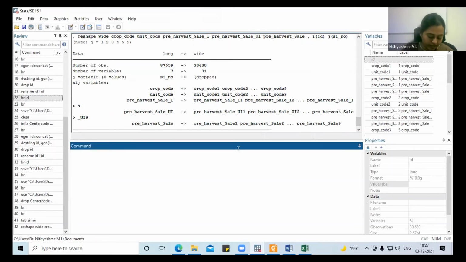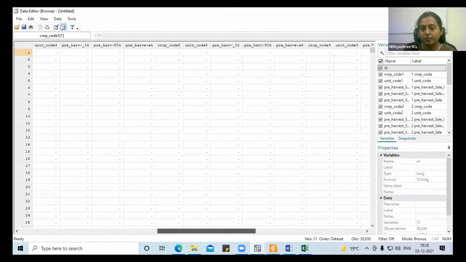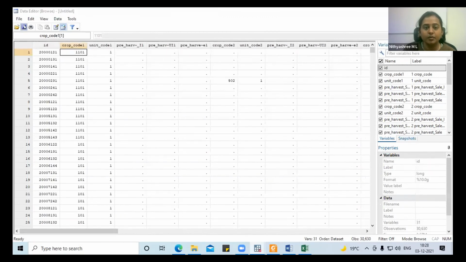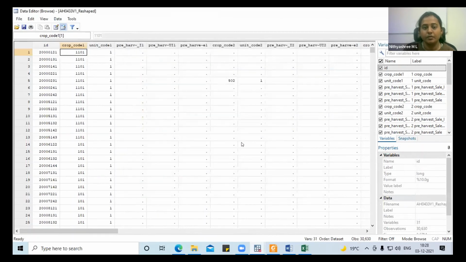Okay, and now your data is looking something like this. All the information is arranged in wider format. It becomes wider, right? And we are going to save the reshaped file.